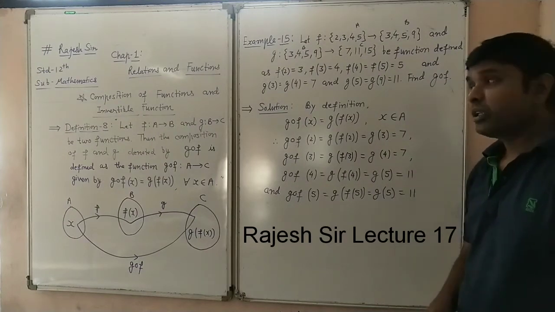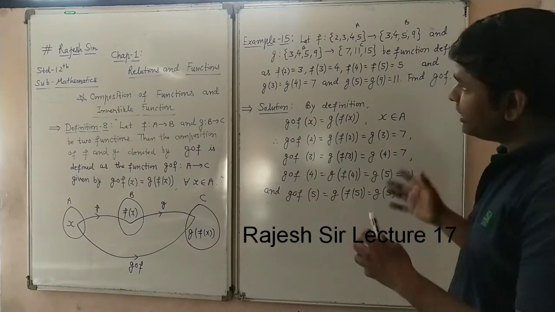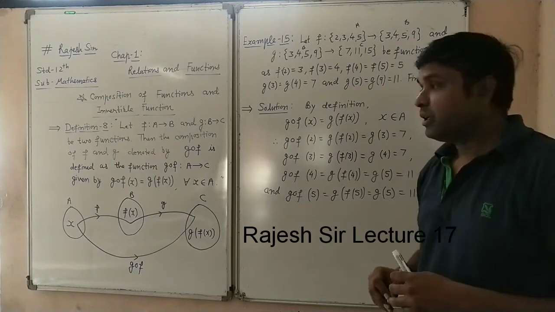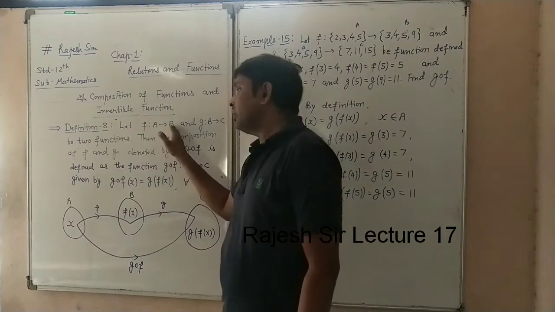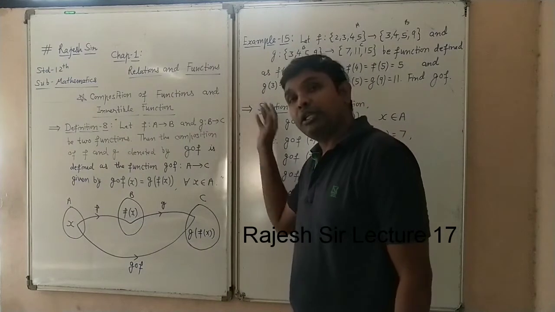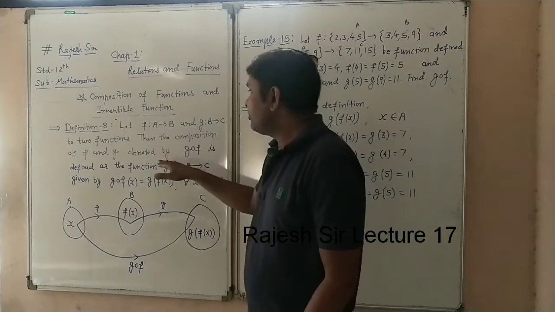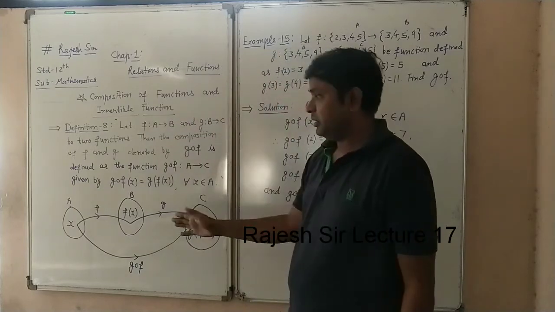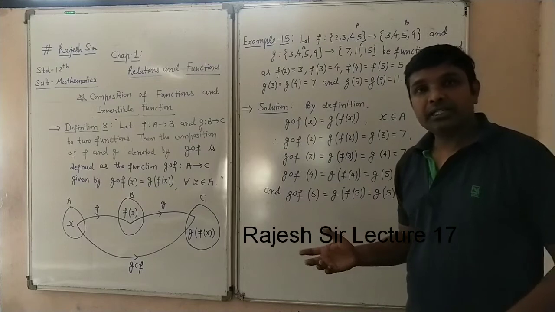It's very easy. Watch the video two or three times and understand this. It's very simple. What to remember? If one function is from A to B and the other function is from B to C, the combined function will be called g of f. It will be from A to C. This is the definition, and this way, if a question is asked, we can solve it.